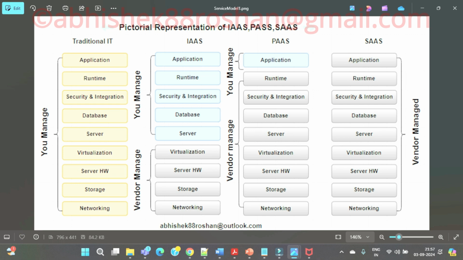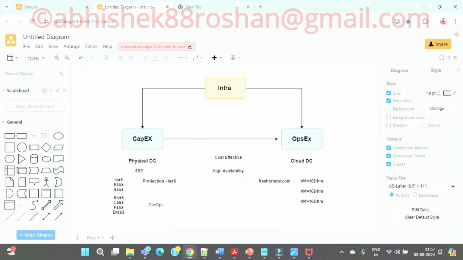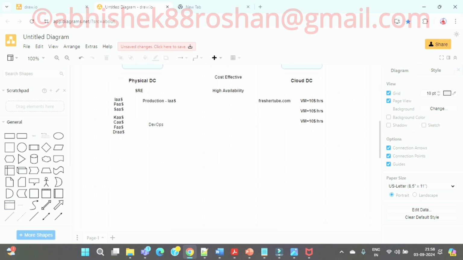Understanding the complete terminology, guys, the chronology, how things are working. So these models, what you have seen here, whether it's infrastructure as a service, platform as a service, or software as a service, is managed by your cloud only. Whether it's AWS, Azure, GCP, or Alibaba, anyone. One more thing, guys, I just wanted to tell you.